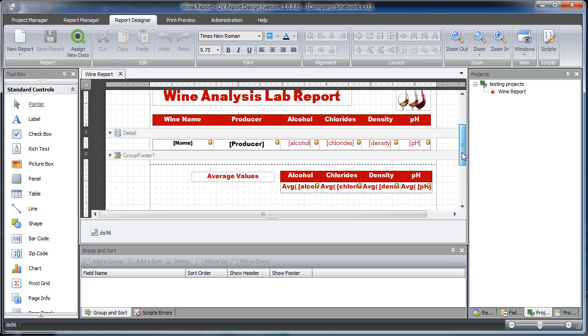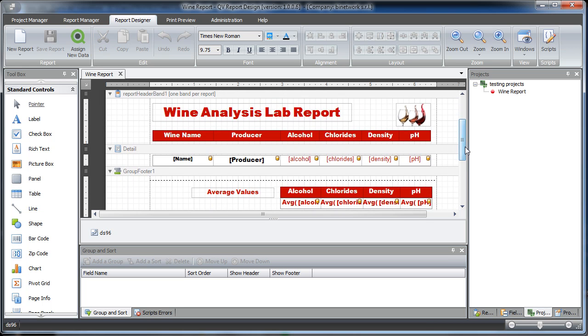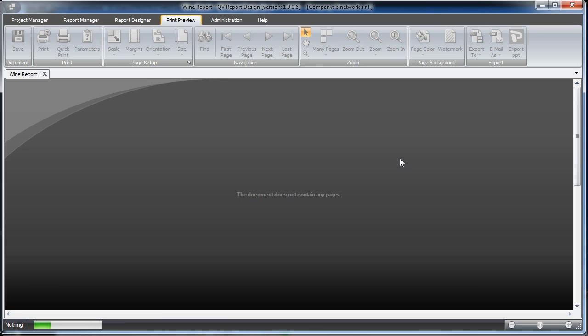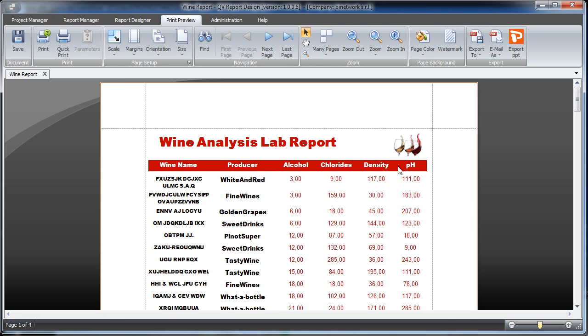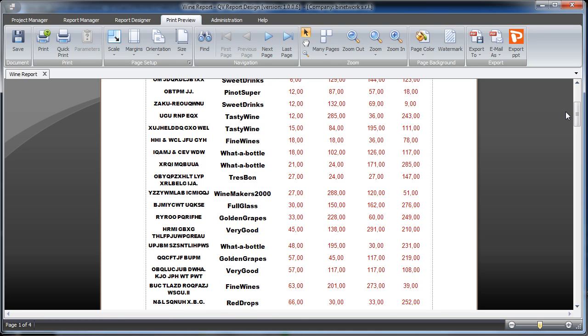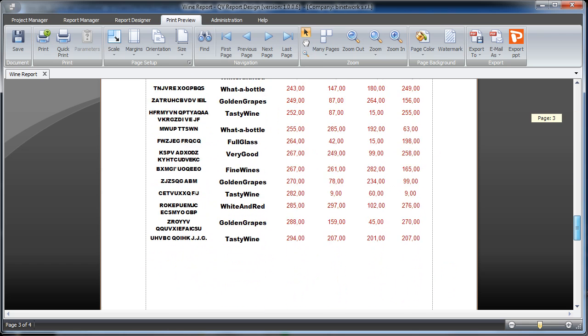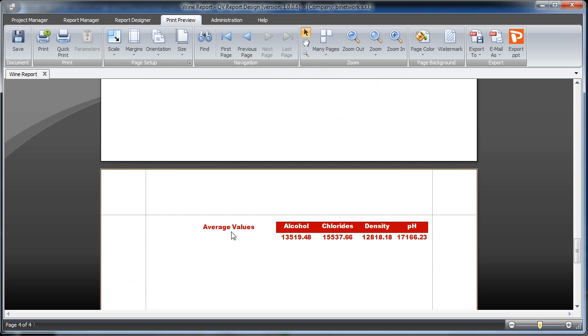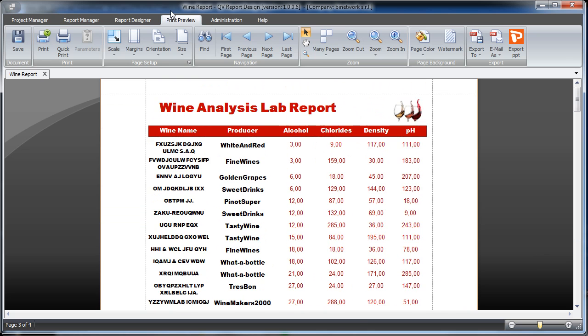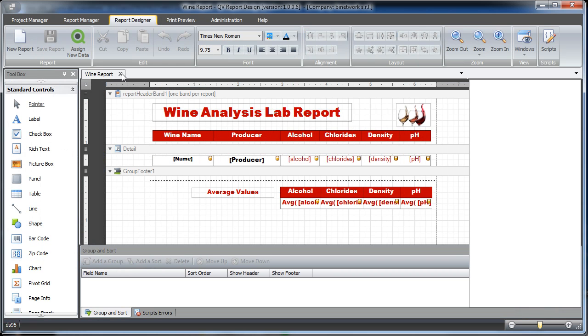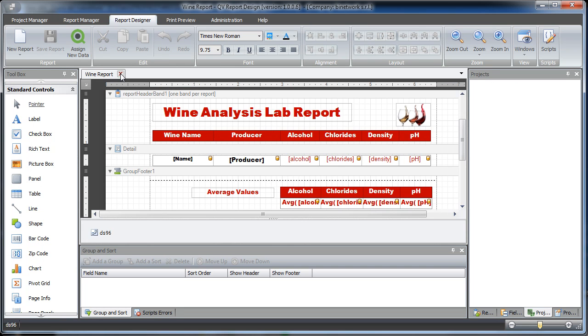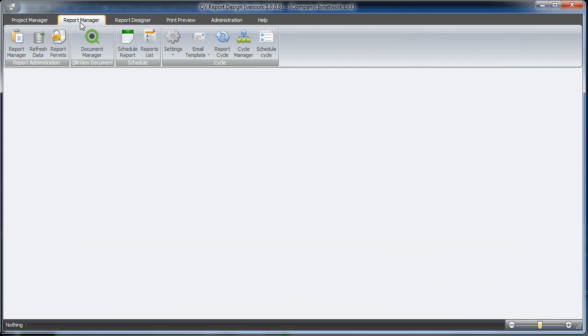Let's get back to QV report. This is the report that I have created. It looks like this, and it features all the wines for all the producers with some of the data about the analysis that have been performed on the wines, and it also shows some average values at the bottom of the report. Okay, so I close my report,